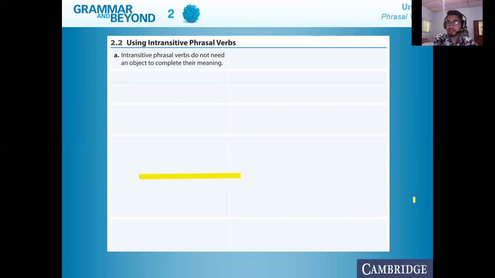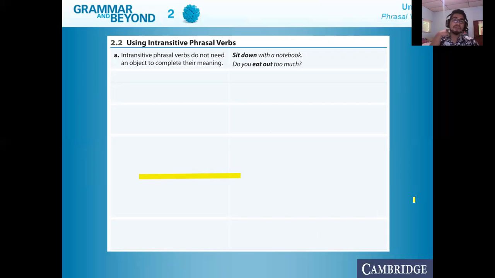So right now we will continue with the use of the intransitive phrasal verbs. The first use, that is letter A: they do not need an object to complete their meaning, okay? Since they are intransitive, they don't need an object, unlike transitive verbs that will need it. For example, I have, sit down with a notebook. I can just tell you sit down, and that's enough. You understand, you don't need an object over there. You understand what you need to do, really simple. But with a notebook, it's just a complement, but it's not needed in the sentence